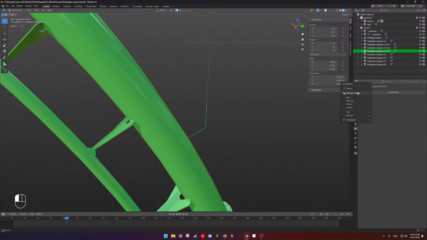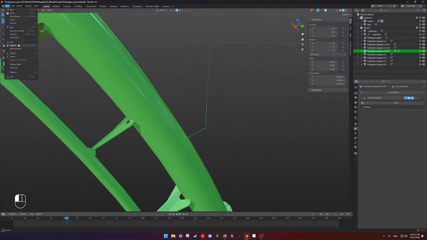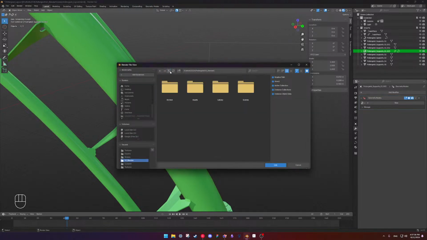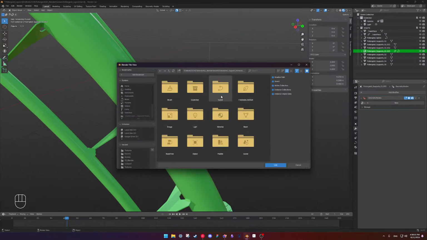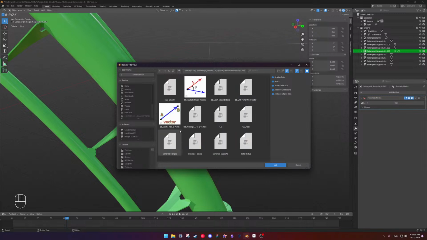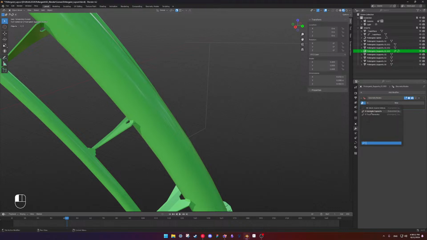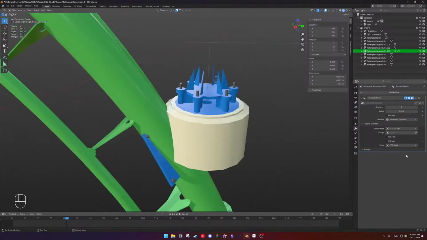And then we're going to add geometry nodes. I need to bring it from another file. Link, append. I'll link. Blender, assets, node tree, generate supports here. And then we'll generate supports.